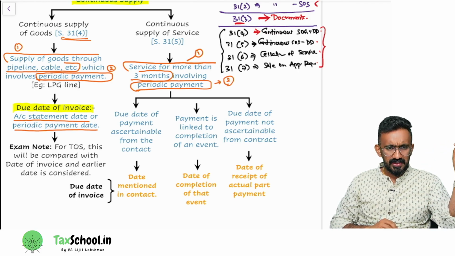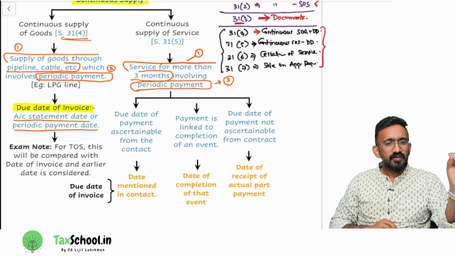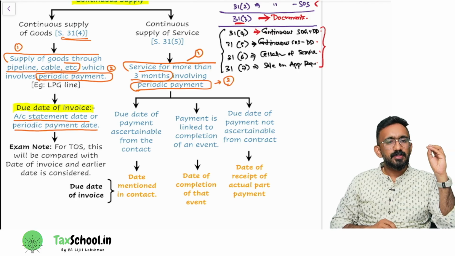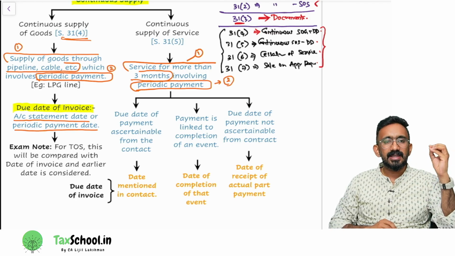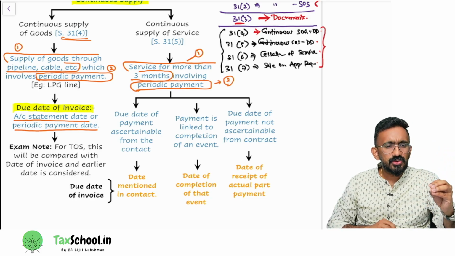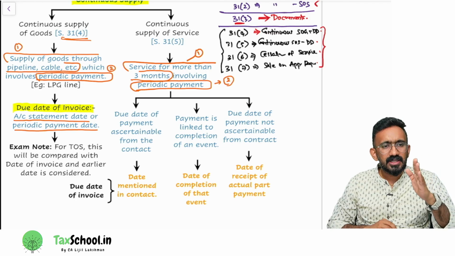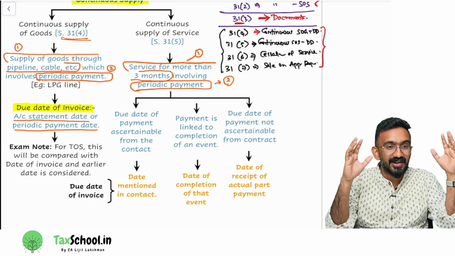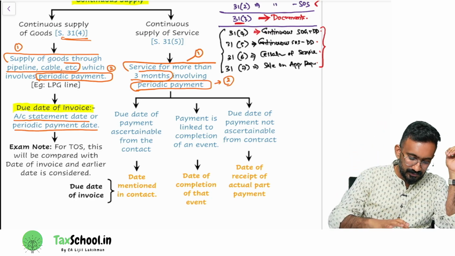Continuous supply of service definition says, if you provide a service for more than 3 months and there is periodic payment, it will be treated as continuous supply of service. What is normally the due date of issuing invoice for service? After completing the service within 30 days. I'm saying in continuous supply that might not be the right approach. Reason being,